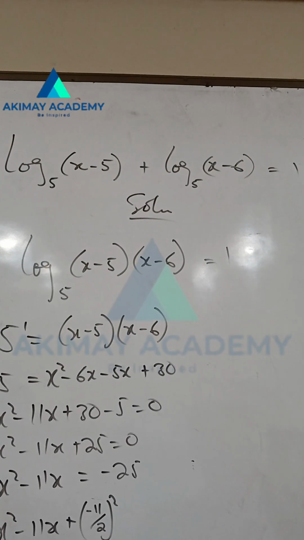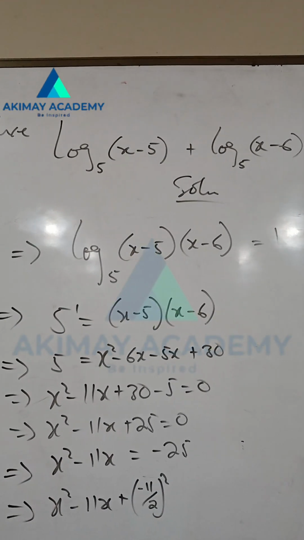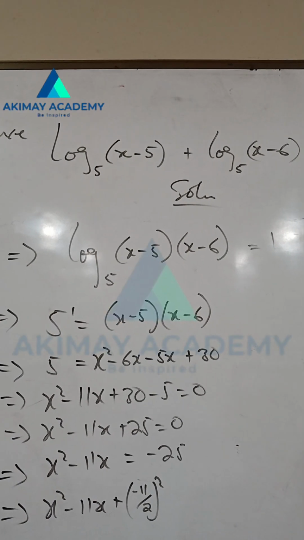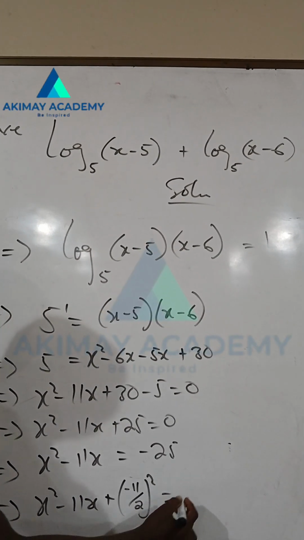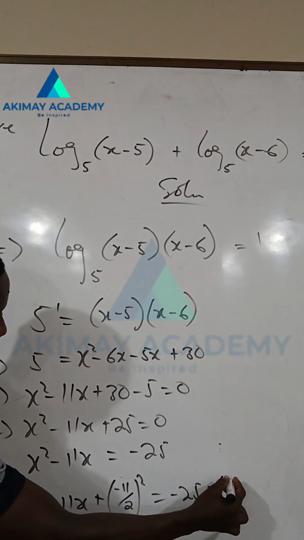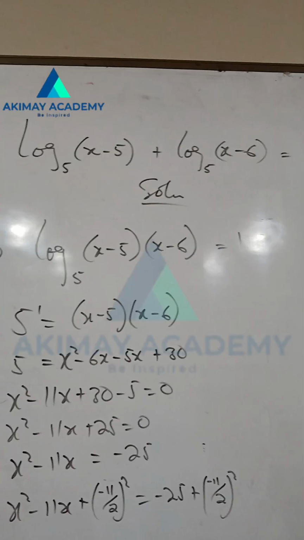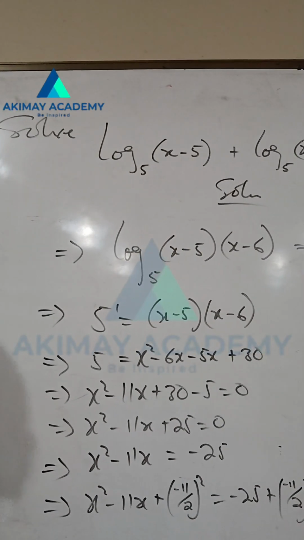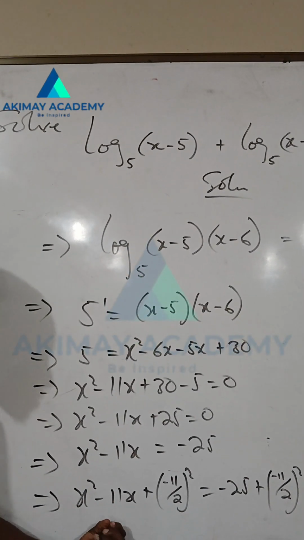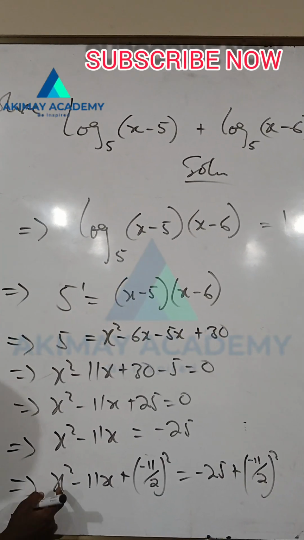So you take the coefficient of x divided by 2, square your result, and add it to both sides of the equation. And this one should be equal to minus 25 plus (minus 11 on 2) all squared. That's what we have. Now with this one, you can compress it. You can compress it by what? Taking one of